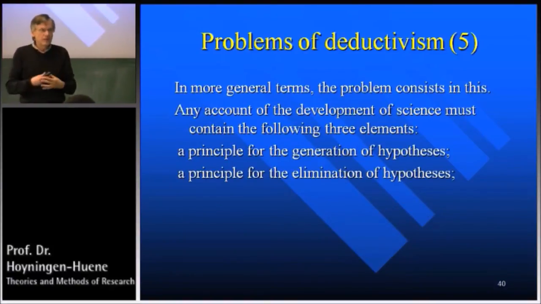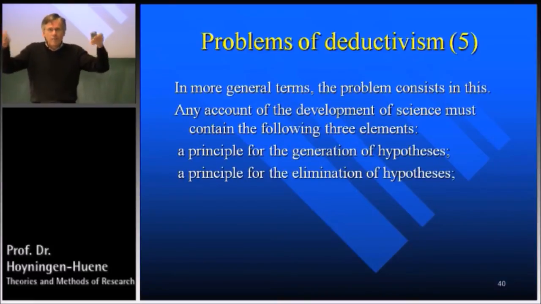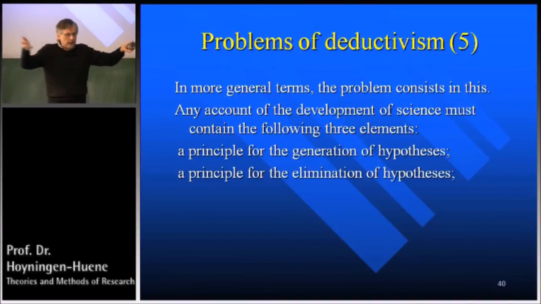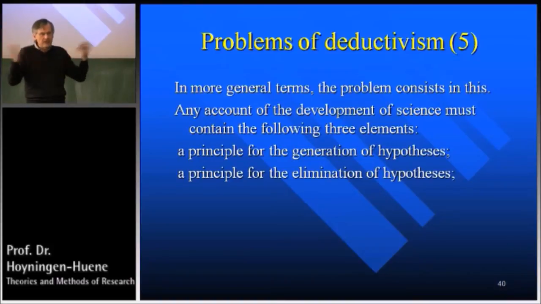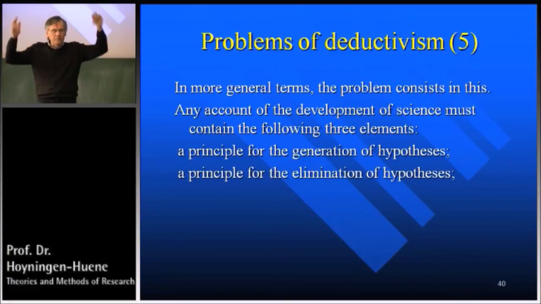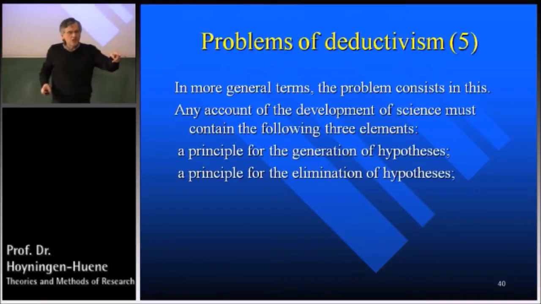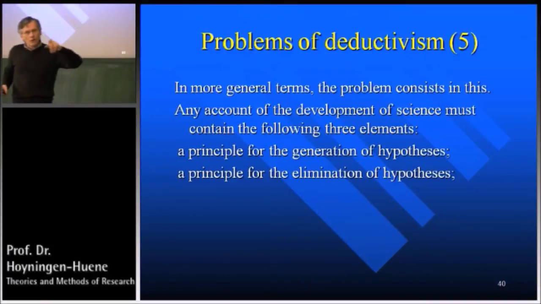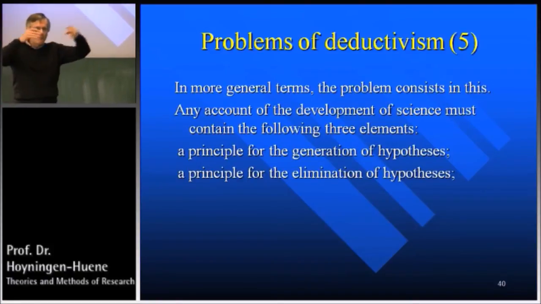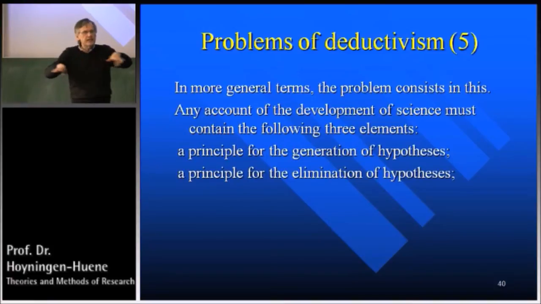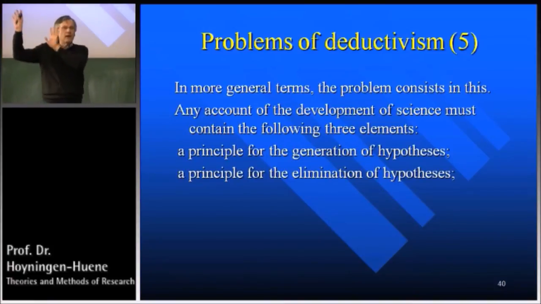That is also something you need. If you only create hypotheses, they become more and more and more, and not all of them are right and good and usable, right? And useful. So we also need some sort of principle of eliminating them and saying, well, this hypothesis I don't want to keep in science, right? That's also necessary, right? Otherwise, you are overwhelmed by the number of hypotheses because they become more and more by this first principle, namely the generation of hypotheses. So the story I told you about the elimination of hypotheses in inductivism was condition 3, that the hypothesis must not contradict any of the data that you collected, right? Then, away with the hypothesis.